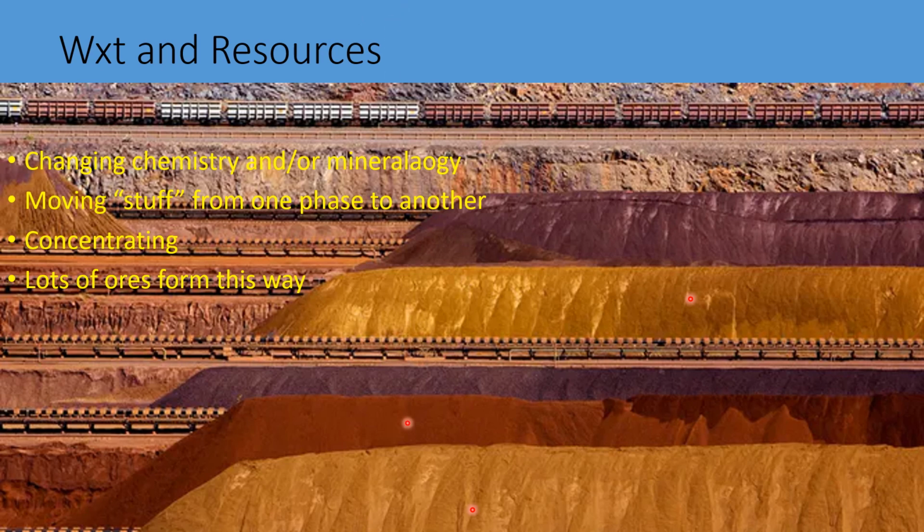So this gives us a lot of our materials that we need for our civilization to function, especially in the case of metals. And uraniums do it too. Uranium oxides, one of our big ones. Uranium is another transition element. It can have different oxidation states too. So oxidation and other types of weathering give us a lot of our materials. Okay, well that's going to do us for weathering, and next time we'll move on to erosion, which make sure you remember weathering and erosion are different processes.